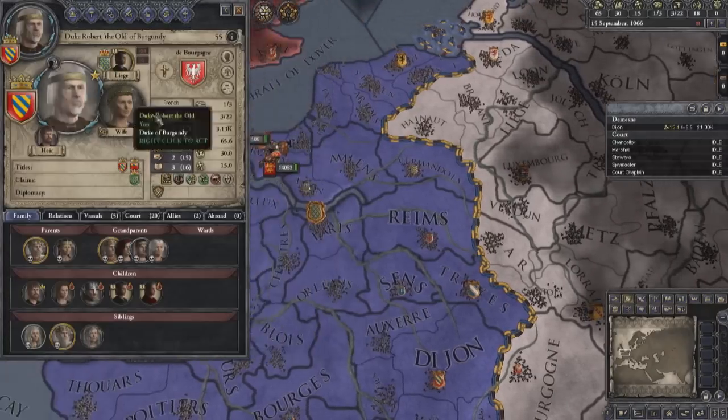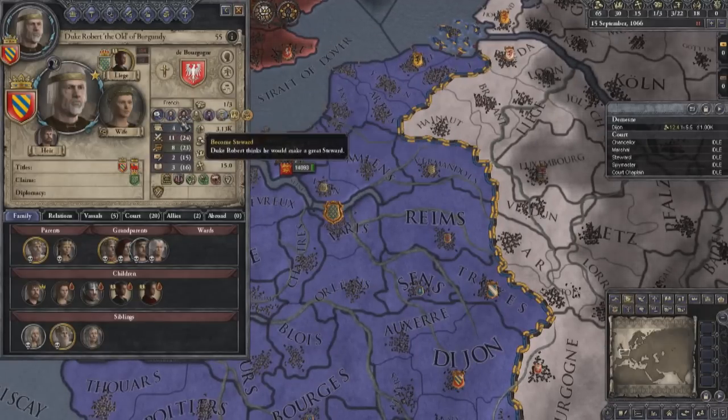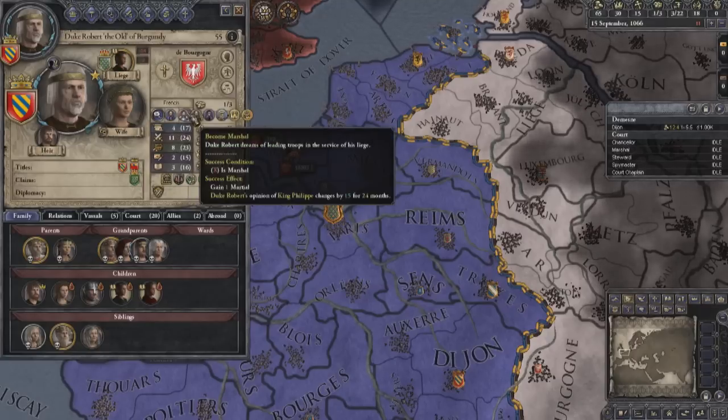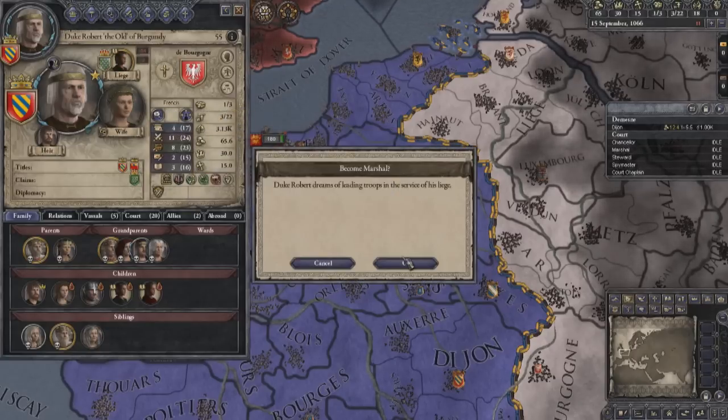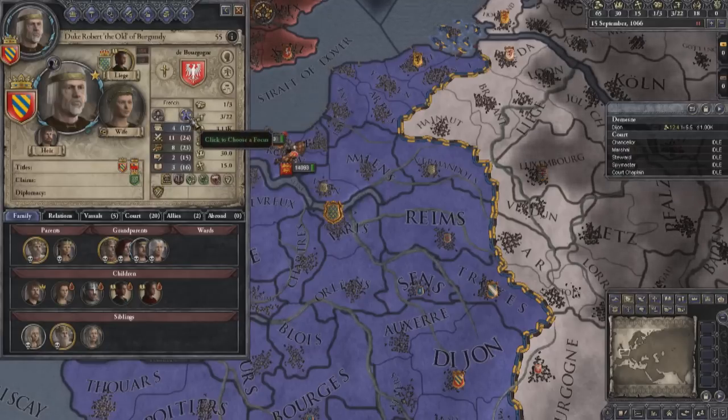Alright, so, more on the character screen. Here, as I mentioned before with my notifications, I can set ambitions. So, say my ambition here is to become the Marshal. I set that, and if I become the Marshal, I fulfill the ambition, and in this case, I gain one